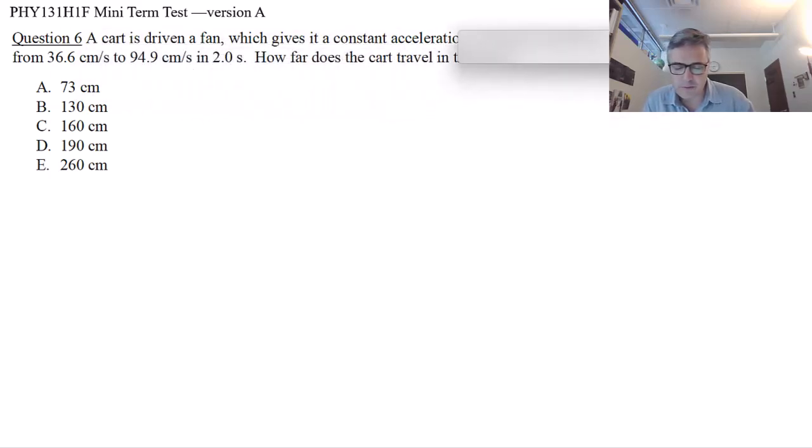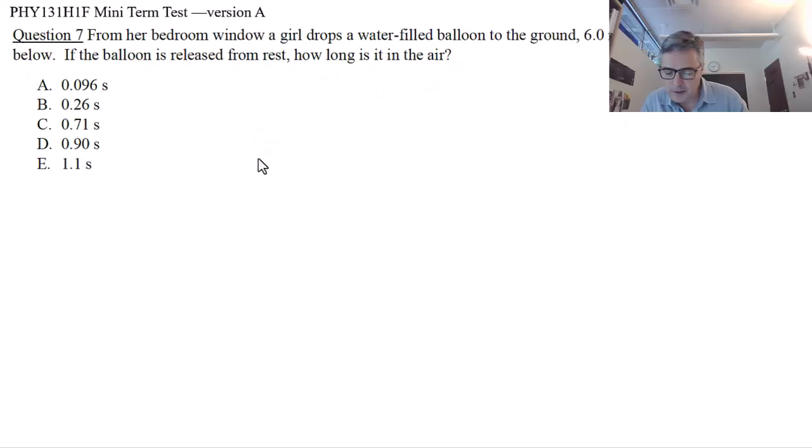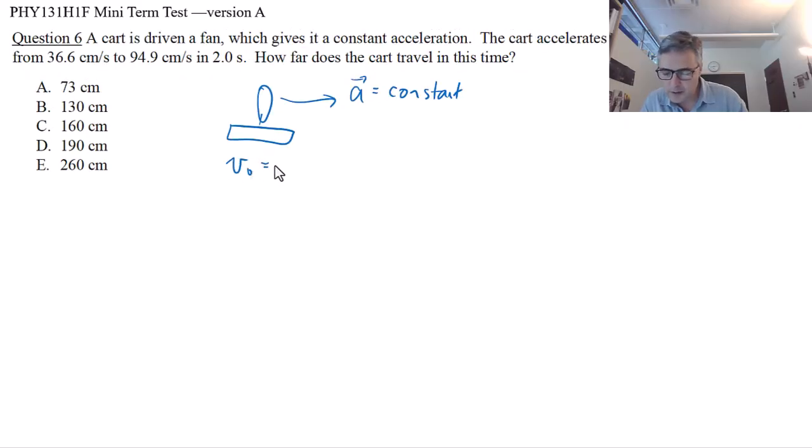Question 6. A cart is driven by a fan. So here's the cart. Here's the little fan on the top, which gives it a constant acceleration. So a, again, equals constant. That's good to know. The cart accelerates from v0 equals